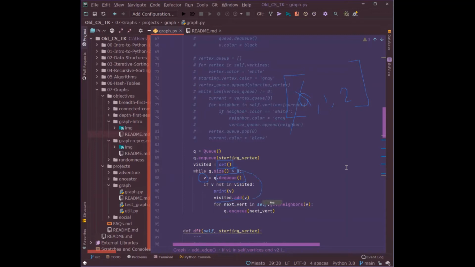Is there a reason why we're printing first? So we can see it. I think the directions are probably to print the thing. Oh, okay. So in this case, it would be to print, since we're probably having to print the vertexes in order. Then for the next vertex, as we define it there, in self.getNeighbors(vertex),